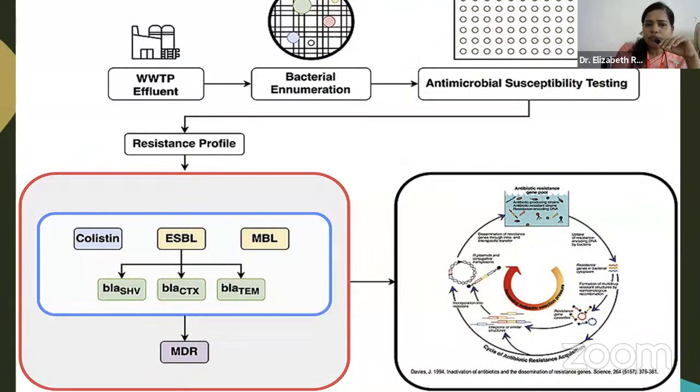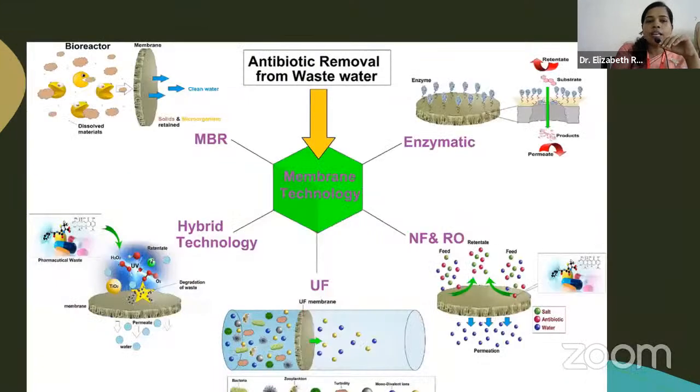So a lot of research is going on in this. They are trying to find out the various genes responsible for the emergence of these kinds of extended spectrum beta-lactamase infections. Okay, and they are working on it and finding out how such effluent can be treated. So there is a possibility of having membrane technology, hybrid technology,